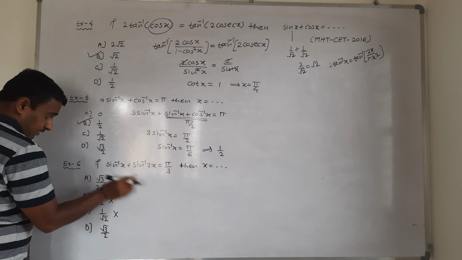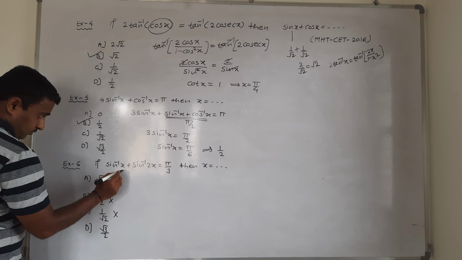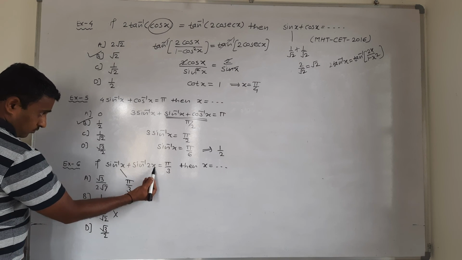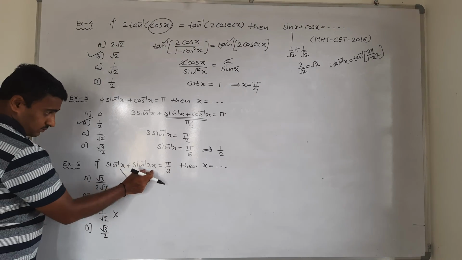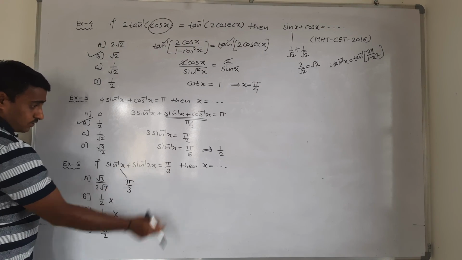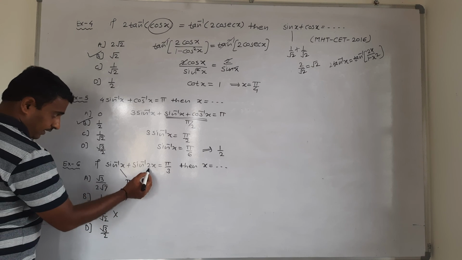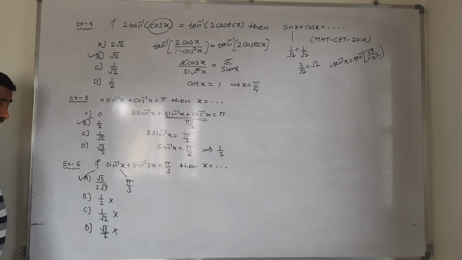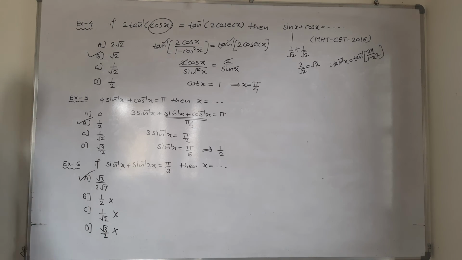Next, the third one is root 3 by 2. If x is root 3 by 2, then sin inverse root 3 by 2 is pi by 3. But here 2x is root 3, which is above the principal value branch, that is, minus 1 to plus 1, it goes out of minus 1 to plus 1, therefore it is again neglected. Therefore the answer is A, root 3 upon 2 root 7. This is the answer, just by trial and error.